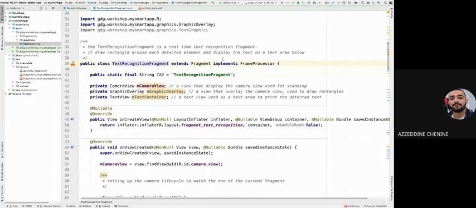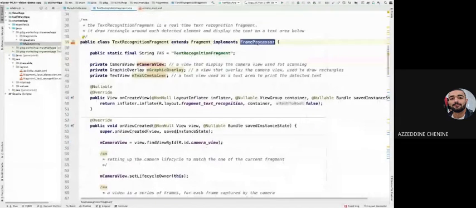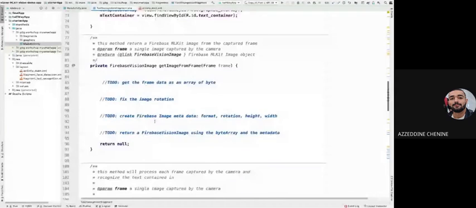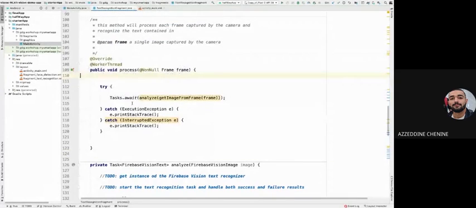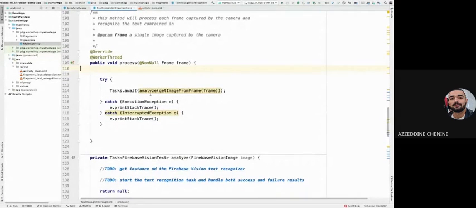So I have here the text recognition fragment implementing the fragment of Android and implementing a frame processor. Here, it's a simple interface provided by the framework I am using to handle the frames. This frame processor interface obliges me to implement this method, which is called process. It gives me a frame, and I need to process this frame. I get an image and analyze it, and it's a task. So I do some asynchronous work here. Okay. So mainly, this is a simple text recognition fragment, taking a frame, creating an image from this frame, and